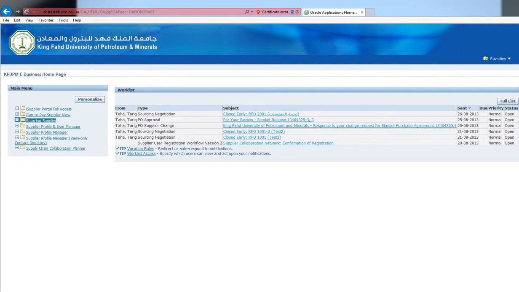Before that, iSupplier Portal Full Access is used for responding to purchase orders, creating shipments, acknowledging purchase orders, and viewing invoices and payments. But in order to respond to the quotations and RFQs, create quotations, and place and quote the price, all these details are done using the Sourcing Supplier responsibility. So we'll click on Sourcing Supplier,